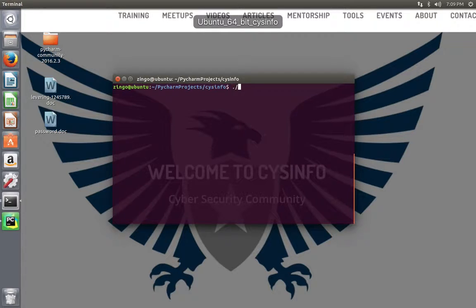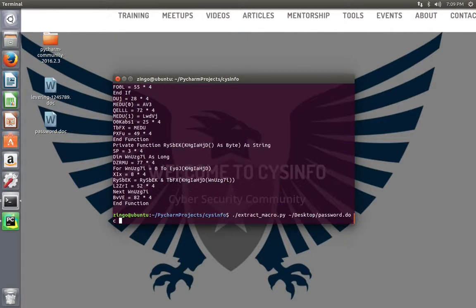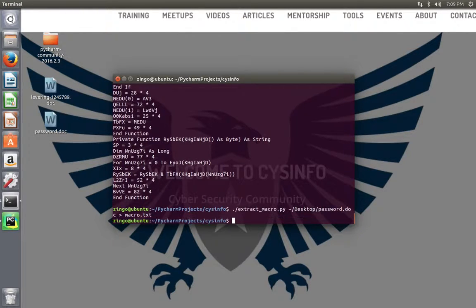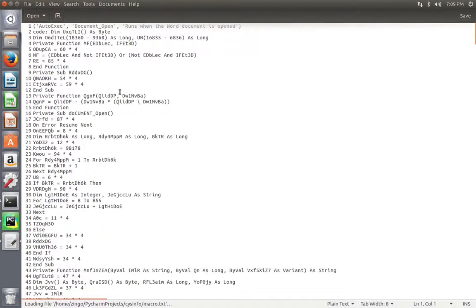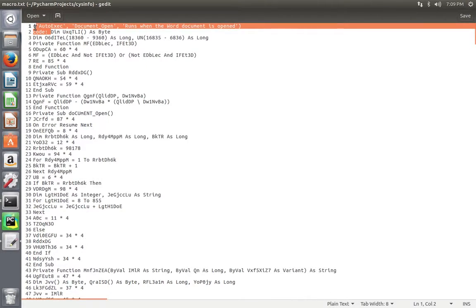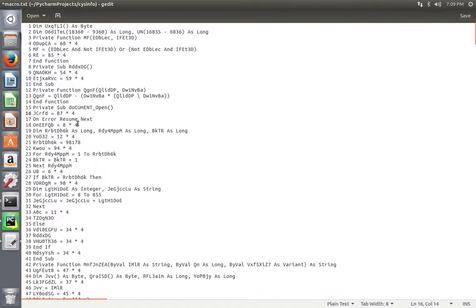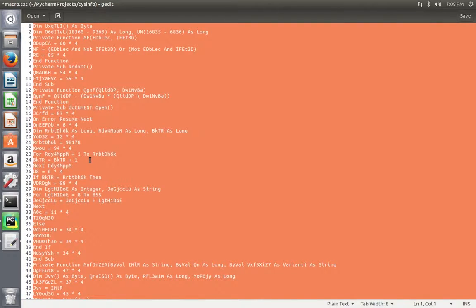So what I will do is quickly extract the code from this file, and all right, we have this code. Let's put this code into a text file. Okay, and now we can open the file macro.txt. Now we see these are some of the analysis commands from the program, but we do not really want these commands. We only want the code section for the debugger, right? So we just copy this code,